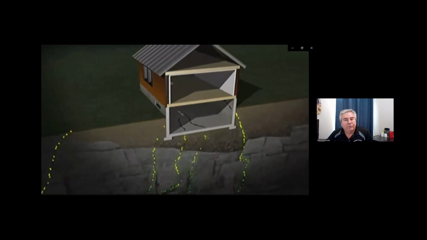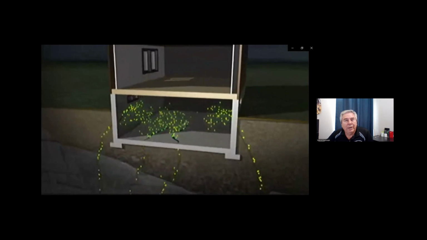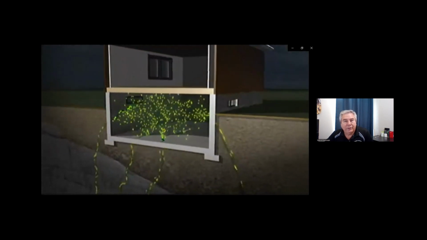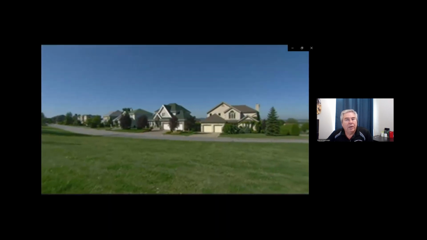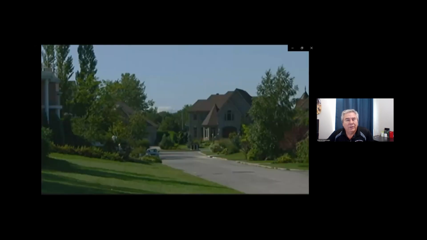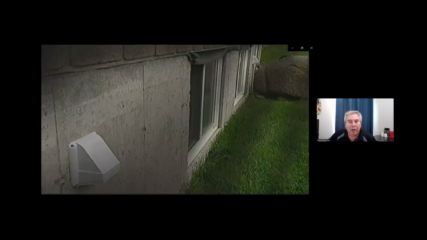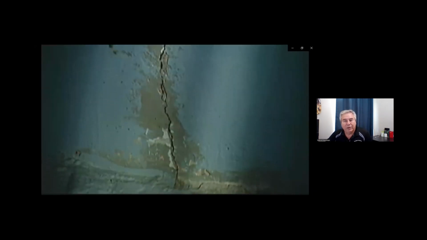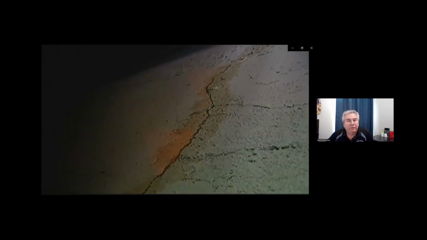So radon comes from the ground and will infiltrate into your basement, your home, through any cracks, holes, openings that you have in your concrete floor. And depending on how airtight the house is, if there's not a lot of natural air infiltration coming into the basement, then it may accumulate to high levels that are dangerous for your health. So any cracks, holes that you have in your concrete floor, concrete foundation, radon could infiltrate into your basement at that point.